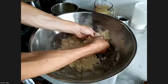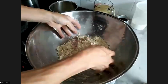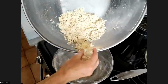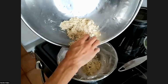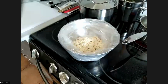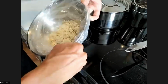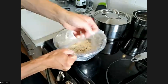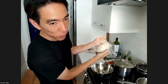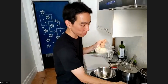So once you see all these crumbles, try to break them down, make sure it's even, and then put it into a bag. And then we'll just leave it at room temperature like this for 2 hours. Okay. And the next step for this